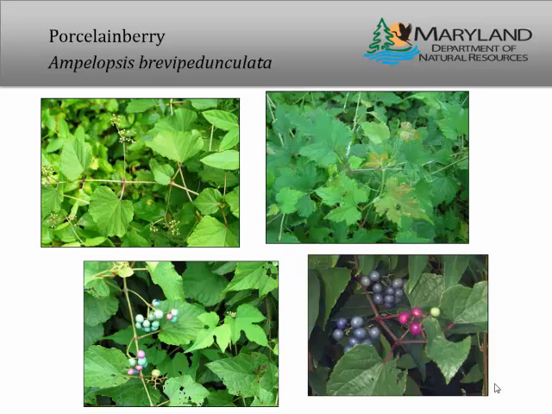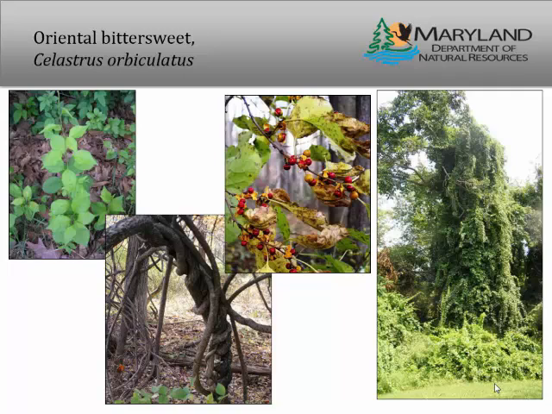And you can see the different colors on the pictures here. Their berries, as they mature, change in color, and you can have a white, a pale blue, a dark blue, a purple berry, all in the same plant, all in the same cluster. So that's where they get their name, porcelainberry. They're very pretty. They look lovely along your fence, but then as they're spread out into the forest and start killing off our trees, they're no longer really appreciated.